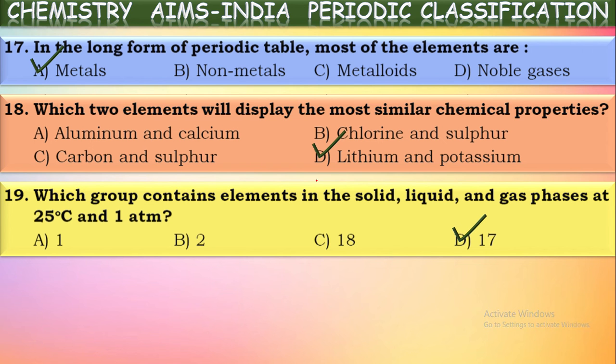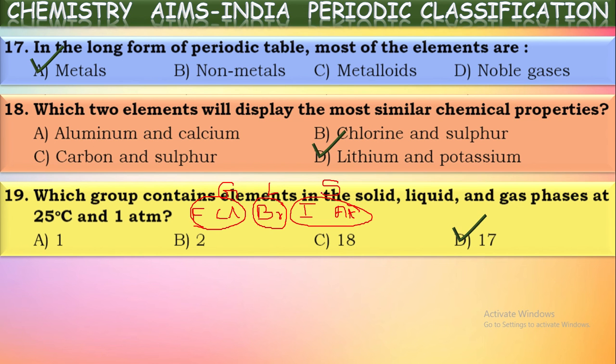If you see the elements in the halogen group, they are fluorine, chlorine, bromine, next iodine and astatine. These are the 7th A group or 17th group elements. Out of these, fluorine and chlorine are the gaseous elements. They exist in the gaseous state at normal temperatures. Bromine is the only liquid non-metal, so it is in the liquid state. And next, iodine and astatine are the solid non-metallic elements.